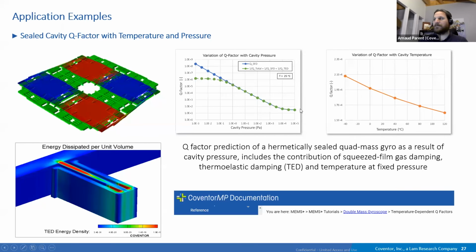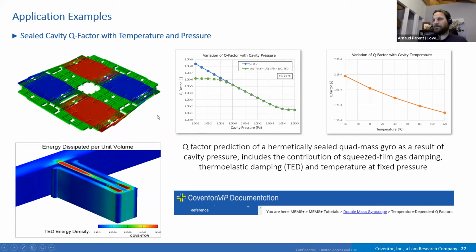And we did it here. So there are two plots. First are raw results from MEMS Plus, showing the Q factor, and the Q factor increases as pressure decreases. The second is a combination of the two, and we show the way you are summing Q factors. It's an inverse sum basically, and this one is seeing the same change in Q factor for low pressure up to some value that will be basically a plateau, and that is the thermoelastic damping Q factor.